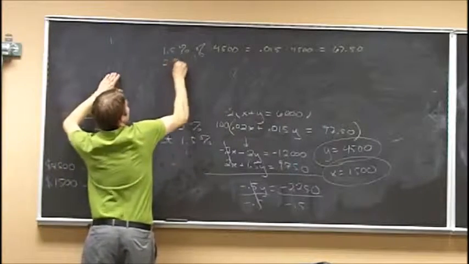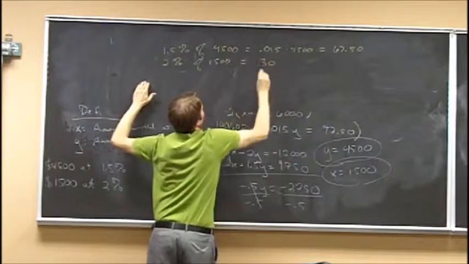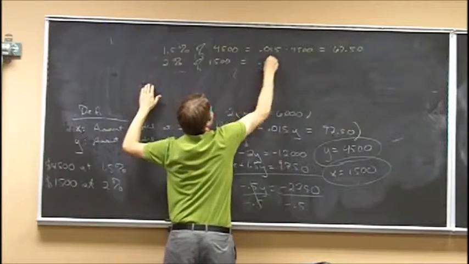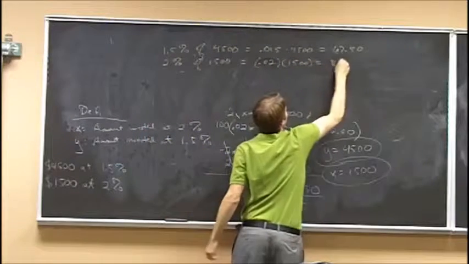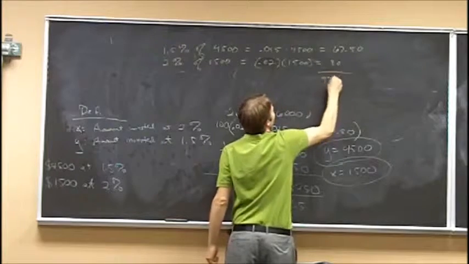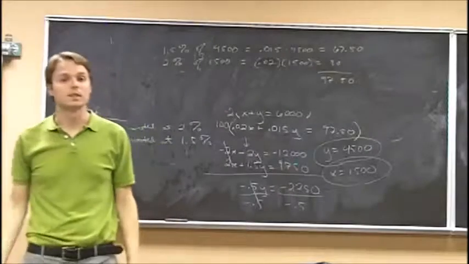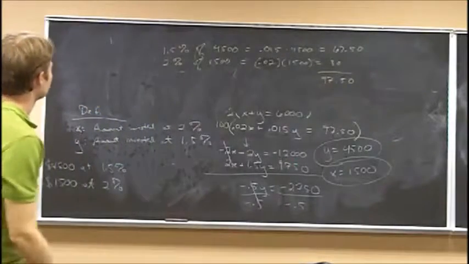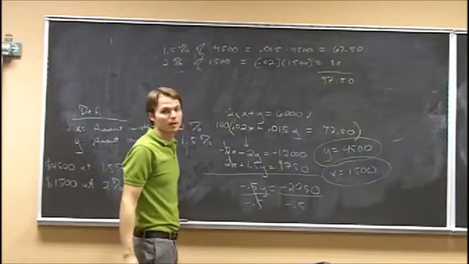And then 2% of 1,500, that's $30, because that will be 0.02 times 1,500, which is $30. So if you add these together, sure enough, you end up getting $97.50. So there we go, we checked it, and we know for sure that we got this problem